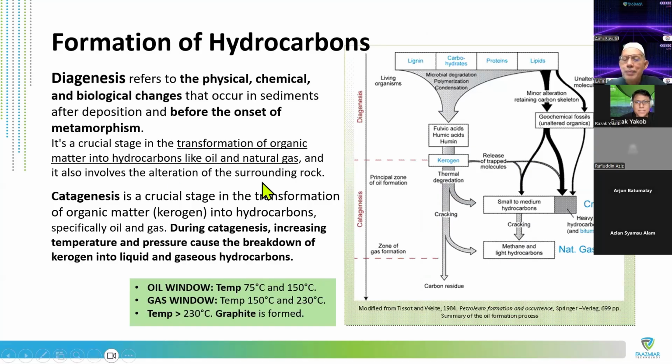For example, okay, how is the formation of hydrocarbon? So the process of hydrocarbon, just to talk about how we bury the living organism, and of course how the oil forms. So initially it is called diagenesis. Diagenesis refers to the physical, chemical, and biological changes that occur in sediment after deposition and before metamorphism. Metamorphism refers to temperature and pressure, the cooking itself. We're talking about the kitchen for this formation of hydrocarbon. It's called metamorphism. It's a pressure and temperature reaction.